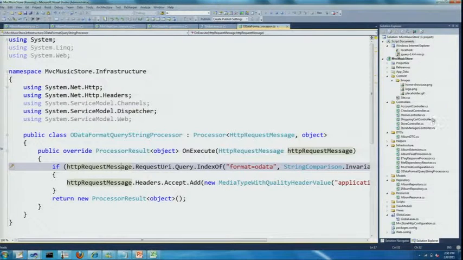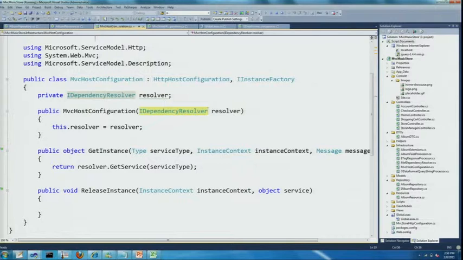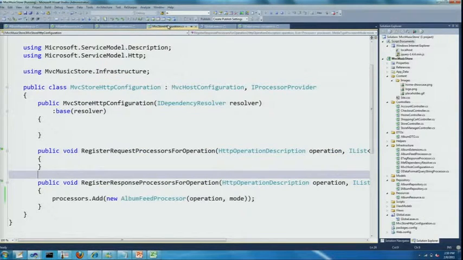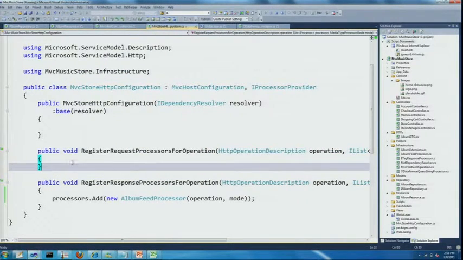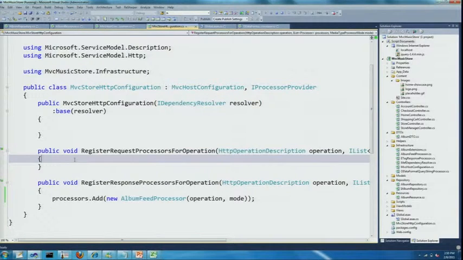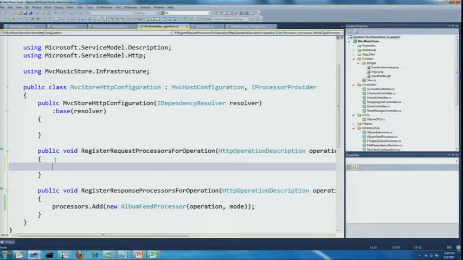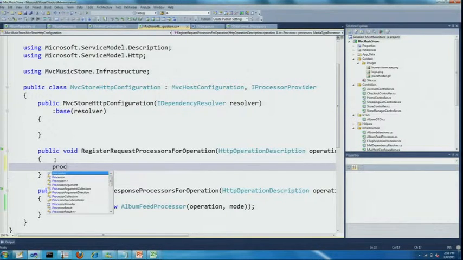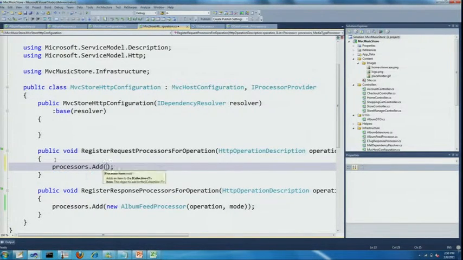So what we do is we go to our configuration class here. And now in our request processors, we're going to add this OData helper, which just does the URI trick that I just mentioned. That's a nice verbose name.